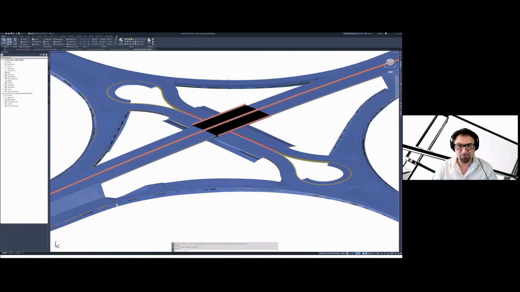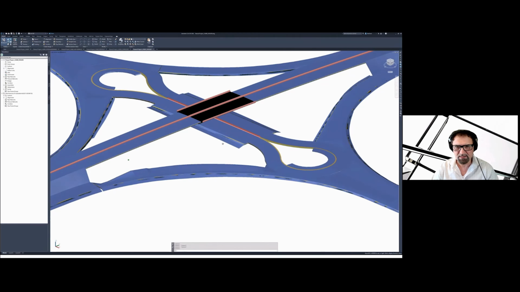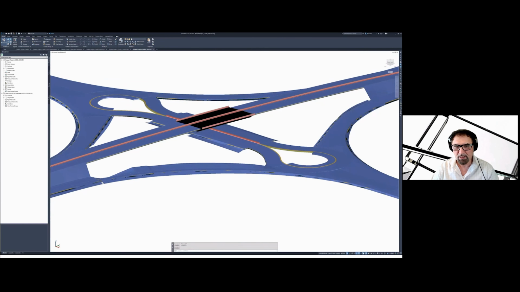Here I am in that drawing file, a separate file where I have each one of these corridor regions as a separate solid model. Here you can see later on, I've added that bridge deck. Now, what I mentioned at the beginning, corridors can be transferred over to InfraWorks.